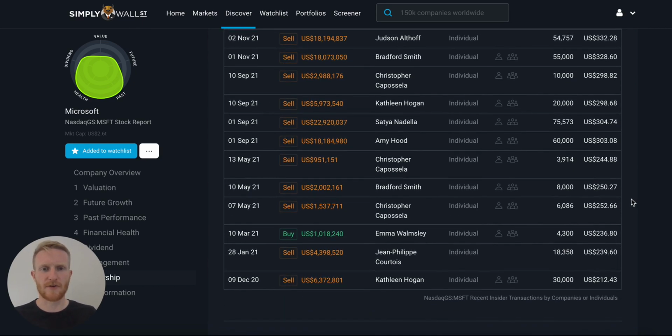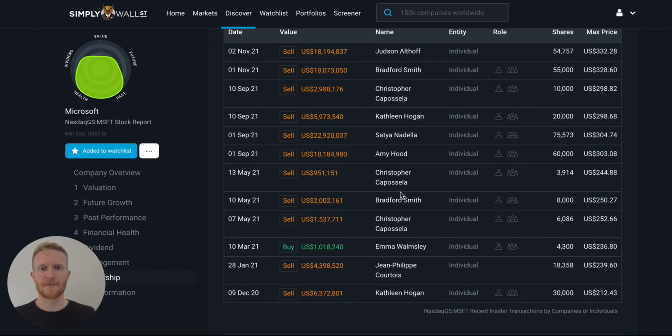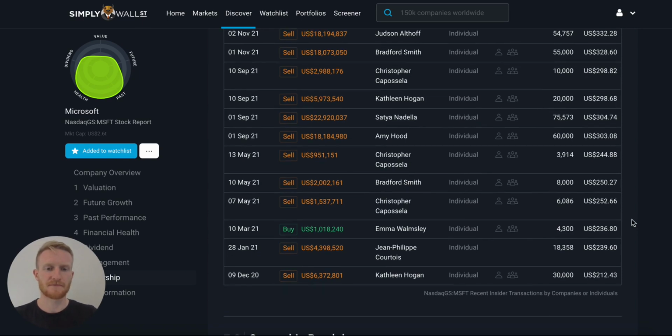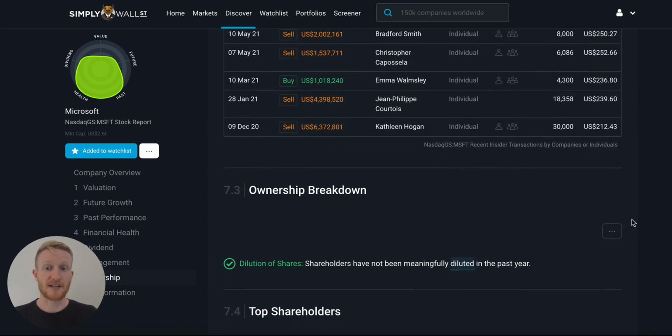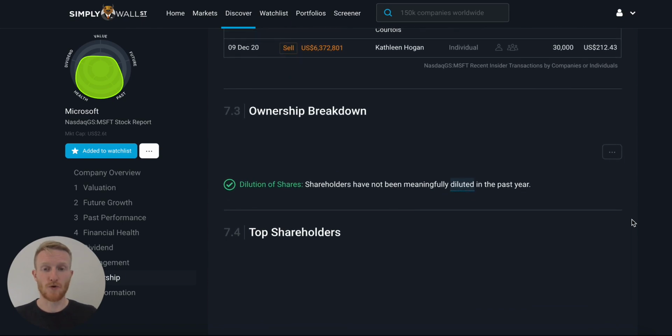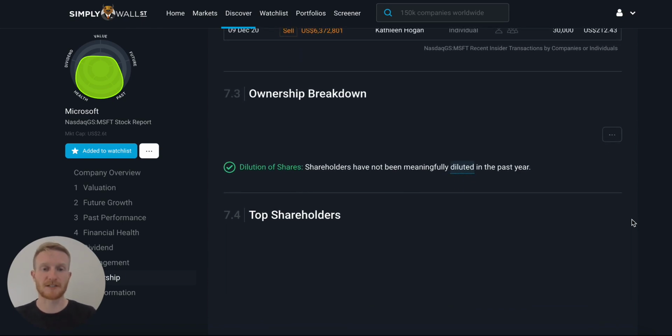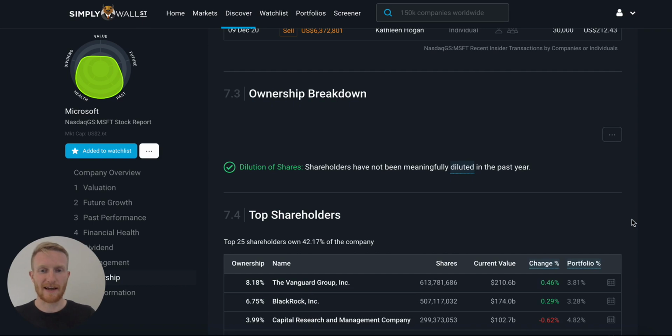But at a high level, this is very interesting to know just who exactly was selling, how often, and like I said, it provides more detail to those trends and sales and purchases you were seeing above. So the next part we do is the ownership breakdown, basically showing you who owns what stock and how much of it. So what we can see here is,